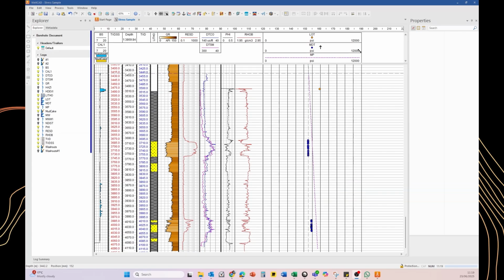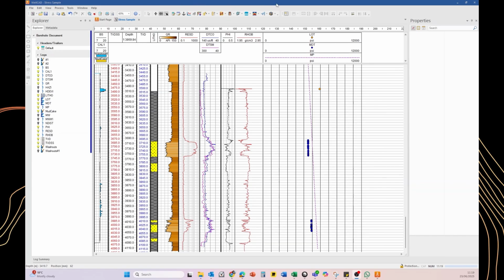We also have the LOT or Leak-Off Test. We have the MDTs, which are a specific type of RFT or repeat formation testing. And we have the mud pressure curve. This is a dataset that we can use for a post-mortem analysis. That's why we have the mud pressure curve, which was used in the perforations as shown in this dashed line. And this is just a display of the dataset.